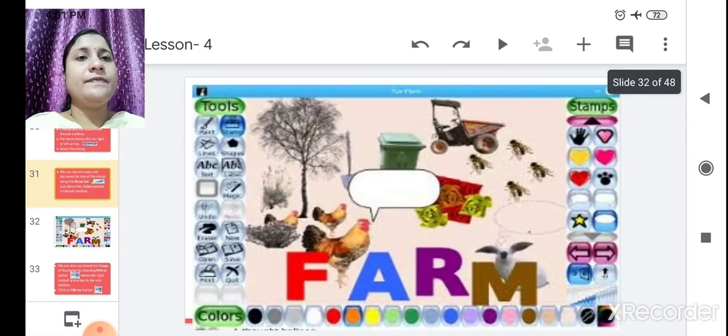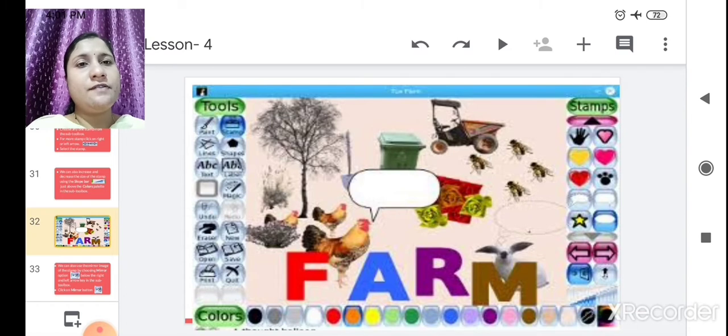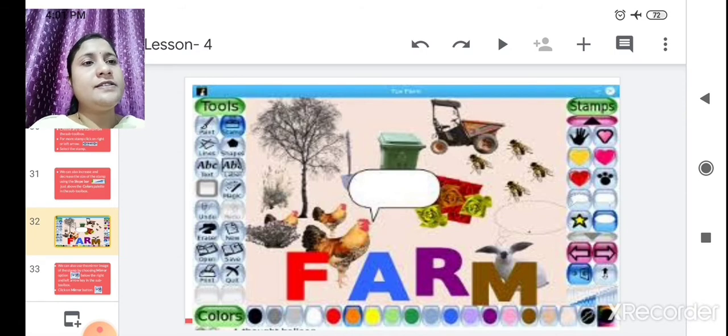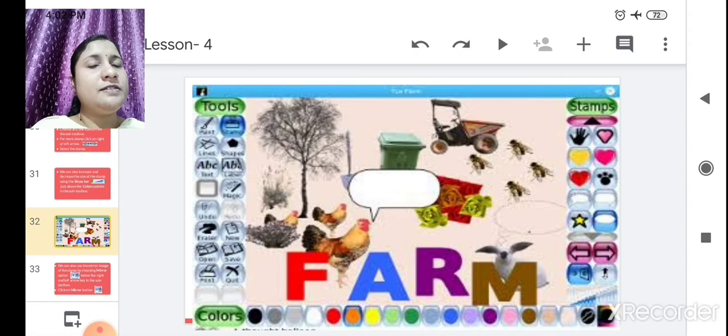Got it? Now see here in the tools, you just click on the stamp. After clicking on the stamp tool, here on the right hand side the stamp sub toolbox will appear. Some images will appear, but if you don't want these images and you want to see more, down there is a right and left arrow in pink color.